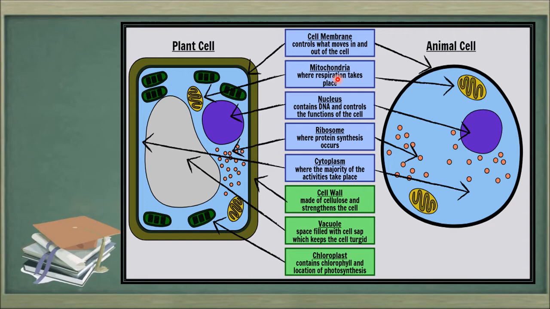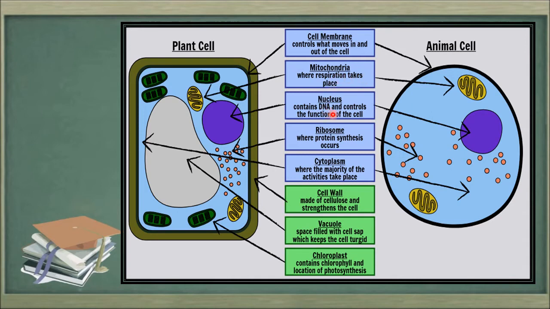This means the food combines with oxygen and changes into carbon dioxide, water and energy. That energy is stored by cells in the form of ATP, adenosine triphosphate is its full form. And with the help of this energy, all the activities of metabolic reactions, whatever processes are going on inside a cell, take place.